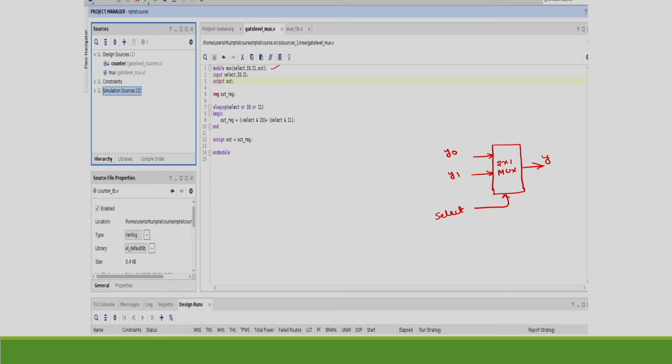whereas in the test bench, which we are going to see in the coming slides, we do not have this port declaration. Then the inputs, outputs we have defined, and output we have defined as register also. So, always at select or I0 or I1. Whenever any one of these 3 changes, then the output will change. Output is equal to select and with I0, select and with I1,